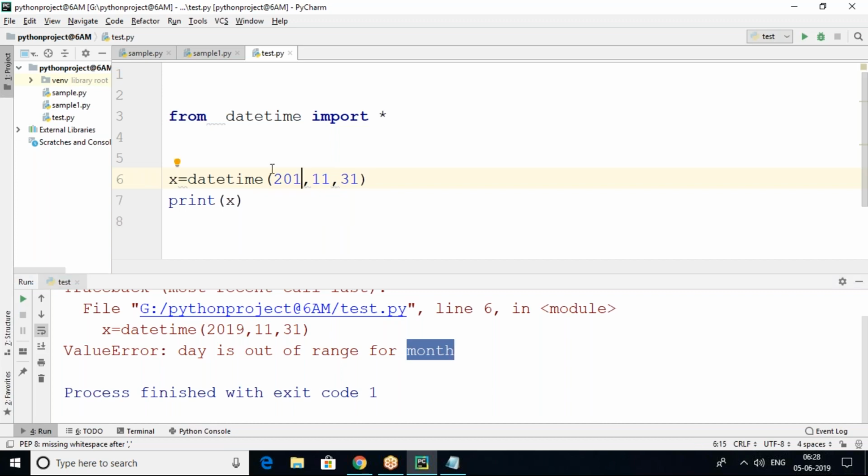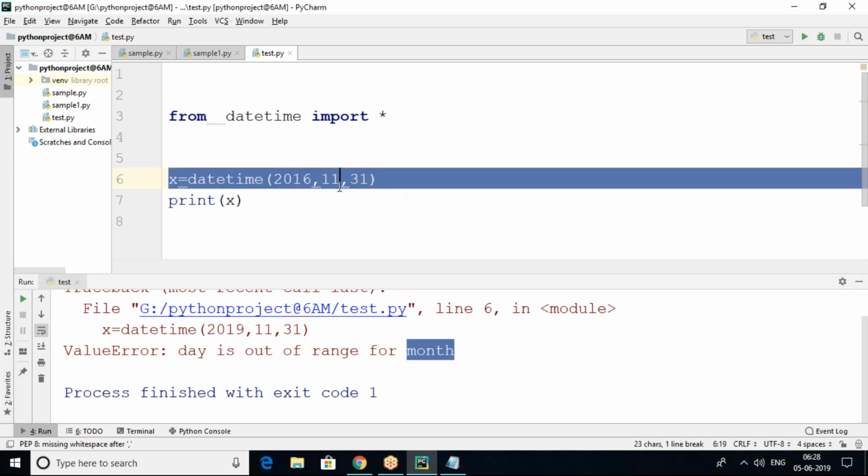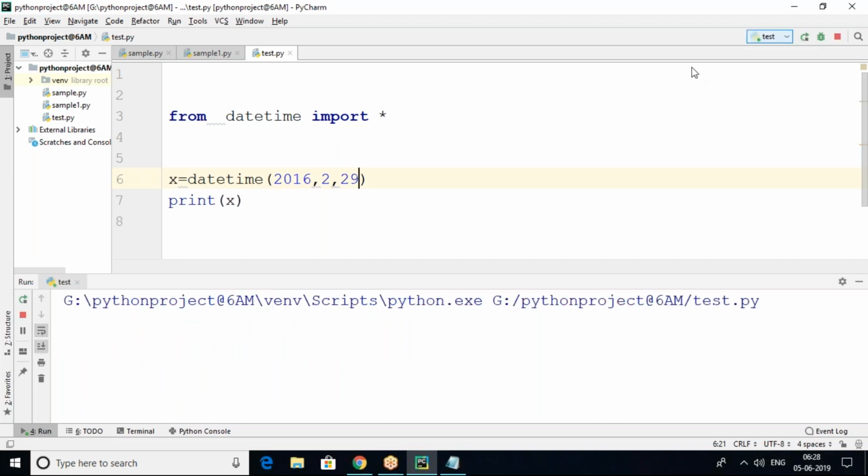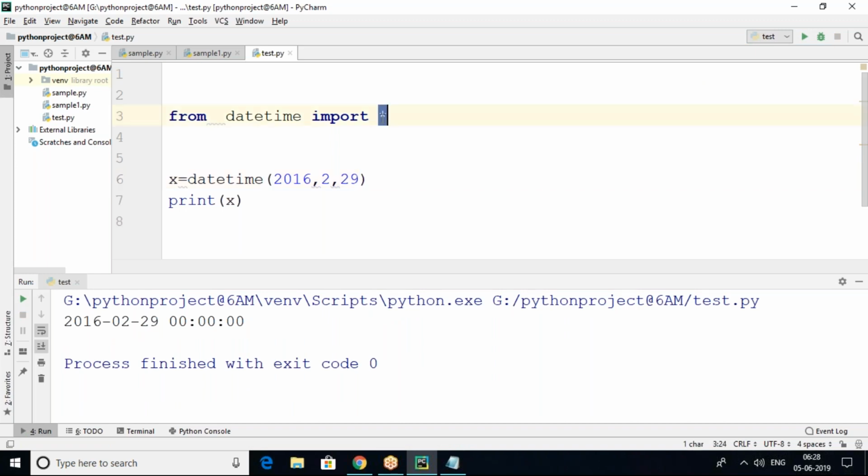Suppose look at here, 2016 is a leap year, and in the leap year I'm taking the February month, that will have 29 days. 29 will be accepted. Is there any order of predefined functions? The same function is available in the current module too. So order is not required. Anyway we can use that functionality, we import star, no? So no need to worry about order.